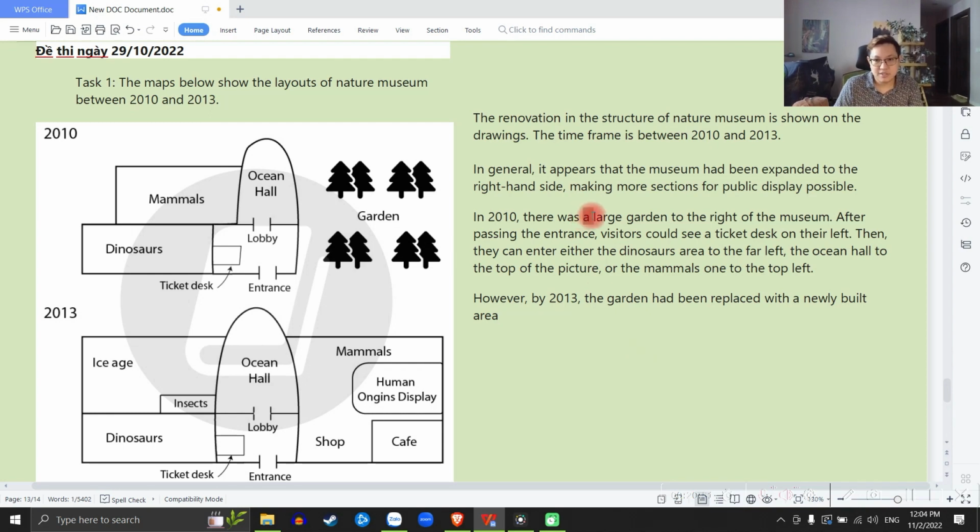Ở chỗ này mình dùng a large garden tại vì mình nhắc đến cái vườn lần đầu tiên, còn chỗ này là the garden tại vì nó xác định là garden nào rồi, cho nên mình dùng mạo từ xác định the. Còn đây là mạo từ không xác định a tại vì mình nhắc đến garden lần đầu tiên. So I use an indefinite article a here because I mentioned a garden the first time. But here we know what garden we're talking about, so I use the definite article the here. The garden has been replaced with a newly built area,